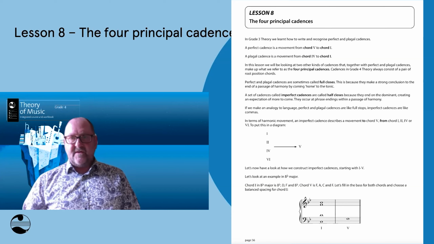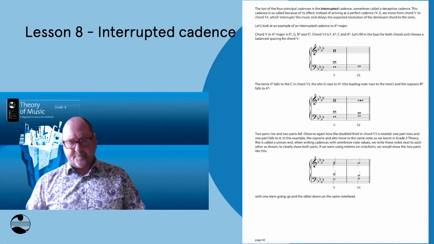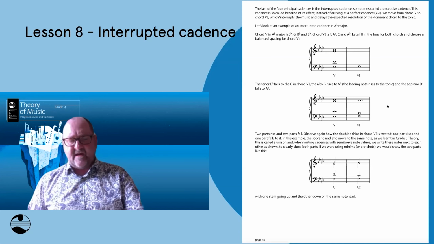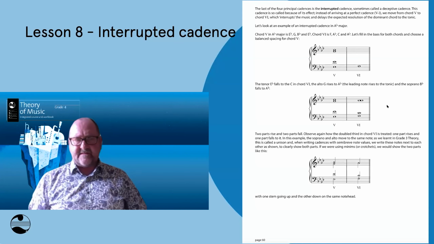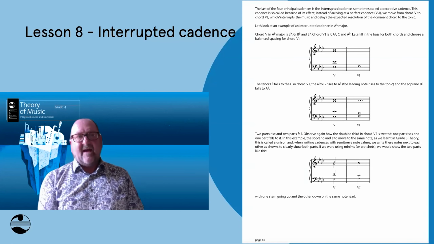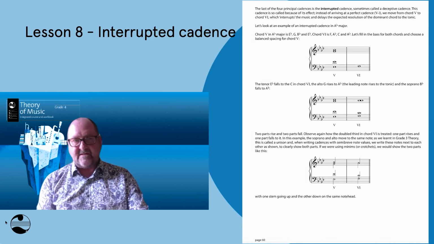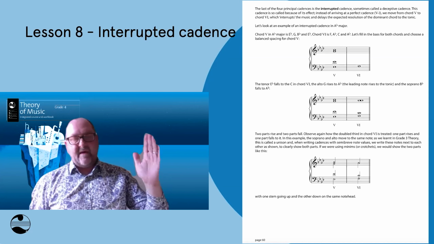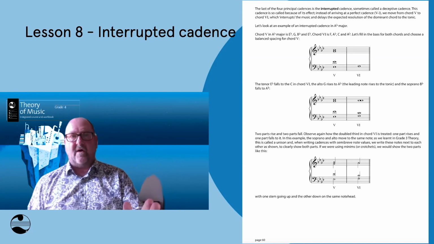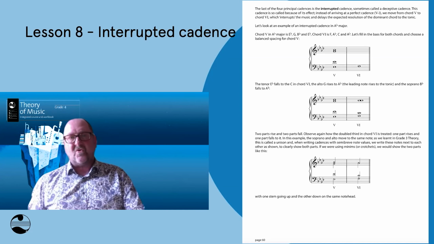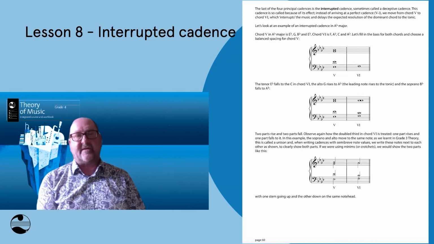If we go on to the next one, which is the interrupted cadence, some people say to me, why do you still say interrupted cadence? Why can't you call it a deceptive cadence like the rest of the world? And I would just say, look, you can call it an interrupted cadence. You could call it a deceptive cadence. Most people know what these are. So it's 5 to 6. We call it interrupted or deceptive because when we hit chord 5, we want to go to chord 1. We want the tonic to come in and for the phrase or the piece to finish. But instead, chord 6 comes in and throws a spanner in the works.